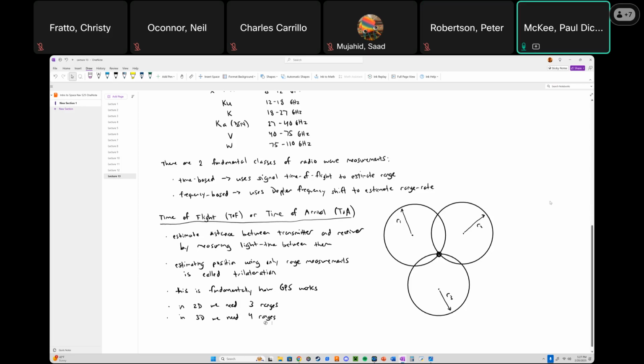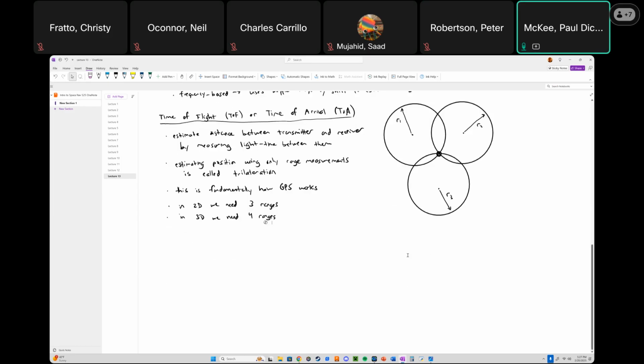Next is time difference of arrival, or TDOA. So in this case, we are using the difference between time of arrivals, as the name would imply. So using the difference